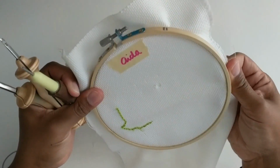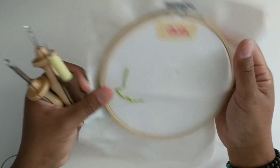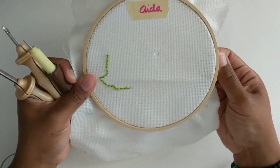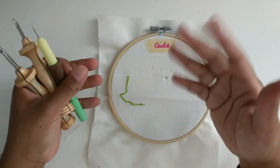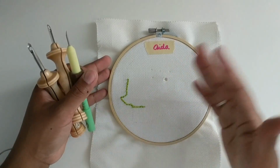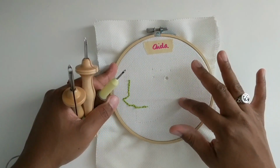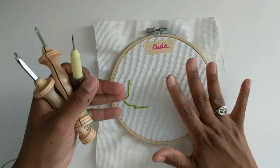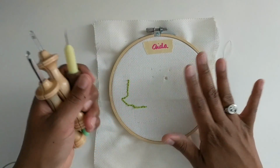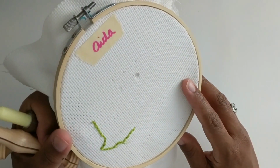And you know what I've noticed is that I love the videos on YouTube, and YouTube is such a helpful community, but a lot of the punch needle videos, they're not explaining what type of fabric to use, how the needles are going to respond. So it was a frustrating process for me to figure it out, and I am trying to save you the frustration. So again, save your Aida fabric for cross stitch. If you try to use it with a punch needle, that's what's going to happen. All right,